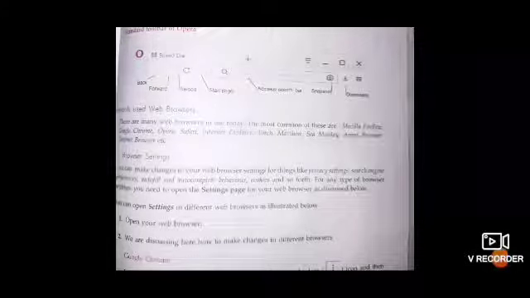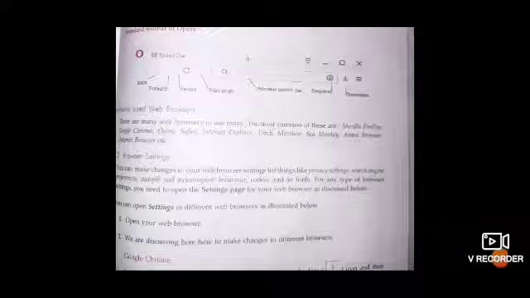So let's move to our last part of the chapter, Introduction to Internet and Web. In our last class we have done up to web browser and its components. I hope now you all can easily give the examples of web browsers. From this chapter you just need to go through all the things thoroughly so that you can be able to give short answers. These are especially for short answers.